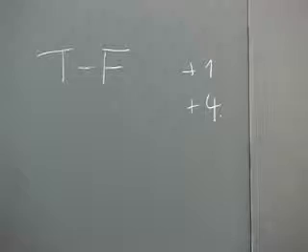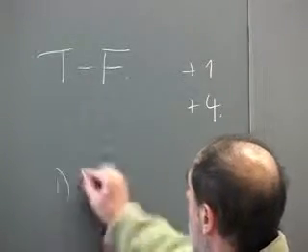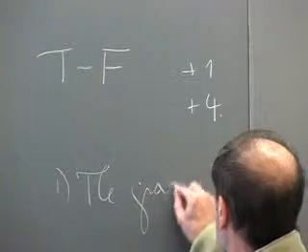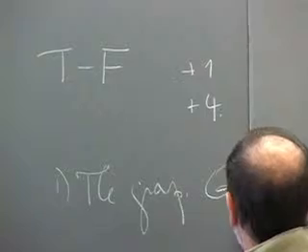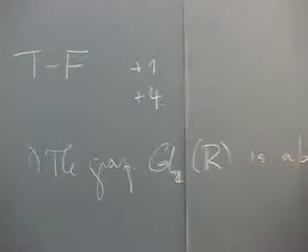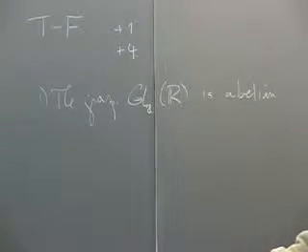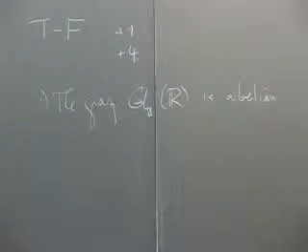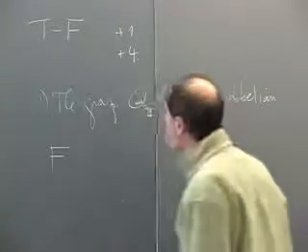So here's an example of a question. 1, the group GL2R is abelian. Okay? That's a good statement. So the answer would be false. And you'd say because